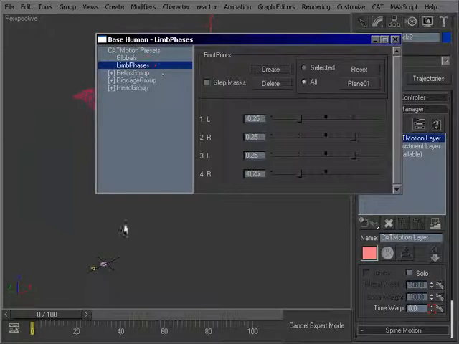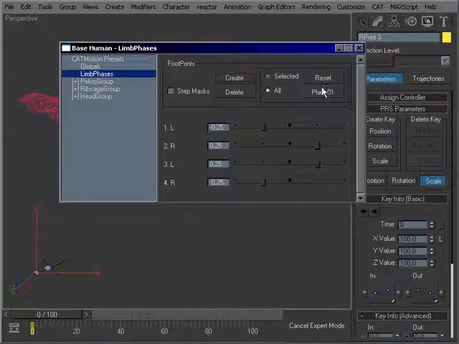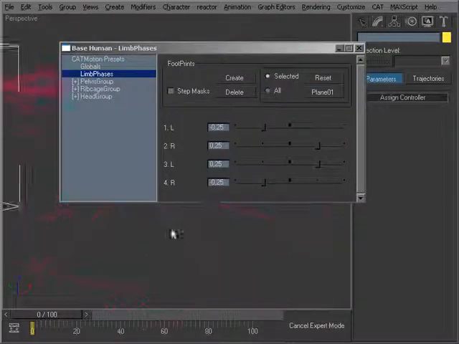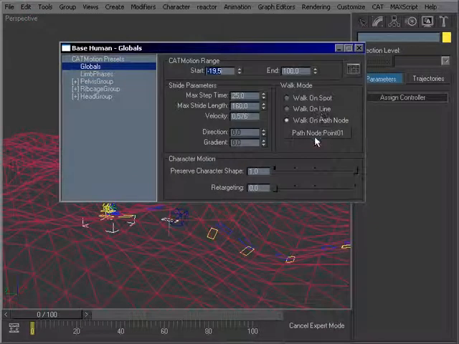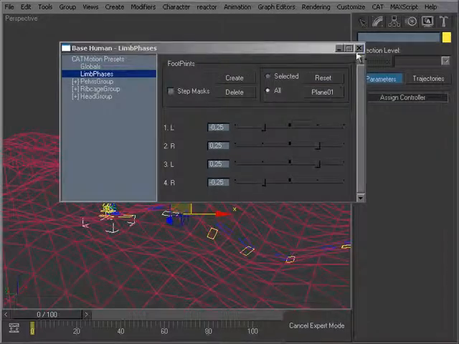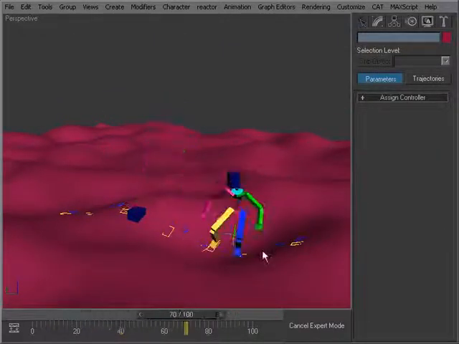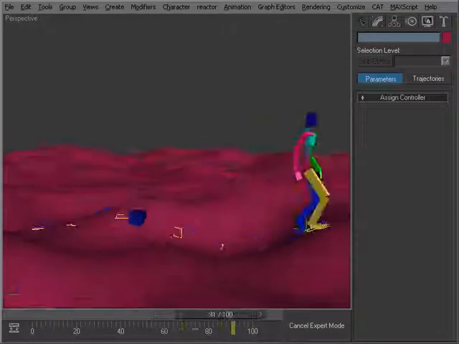Just go to the limb settings, pick the two footprints and hit select, reset, and pick ground again. Okay. So we have the animation here aligned onto the surface,